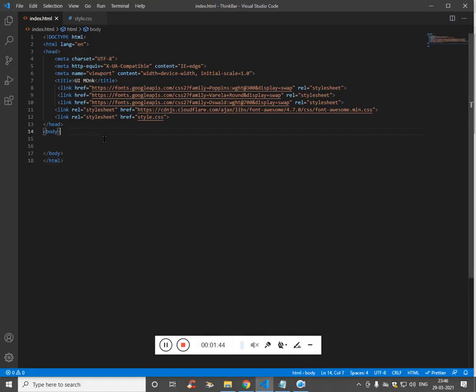So we'll create a div with class header, and inside the header we'll have a container,